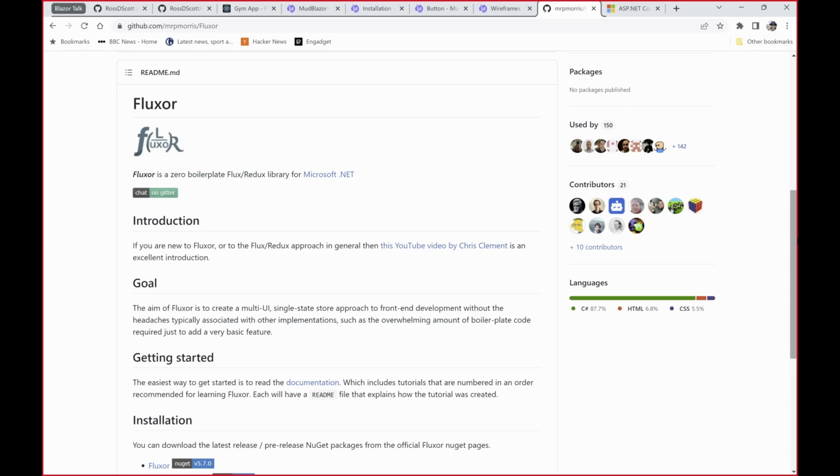Okay, so I said that there is a better way, and I think that better way is a library called Fluxa. Fluxa is based on the flux pattern. Now, you might not have heard of the flux pattern, but you've probably heard of Redux. Redux is based on the flux pattern. Redux isn't a pattern itself. Now, the flux pattern was created by